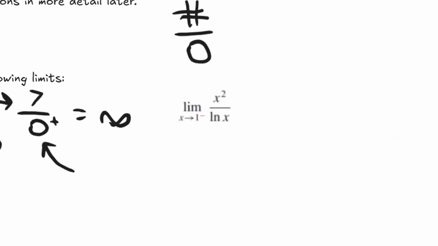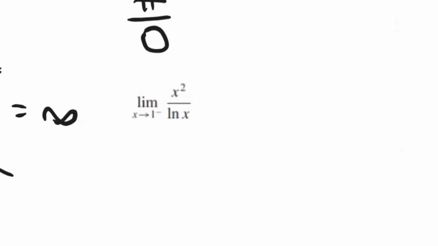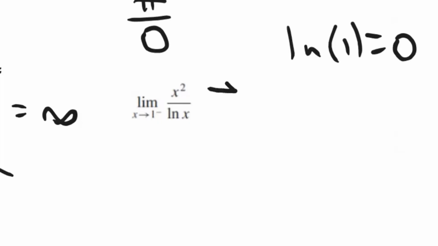For this second example, as we let x approach 1 from the left, we can't use direct substitution here either, because the natural log of 1 is 0, so we know that the denominator is approaching 0. The numerator, as x approaches 1 from the left, is going to approach 1. The denominator, as x approaches 1 from the left, is going to approach 0, but it's going to approach it